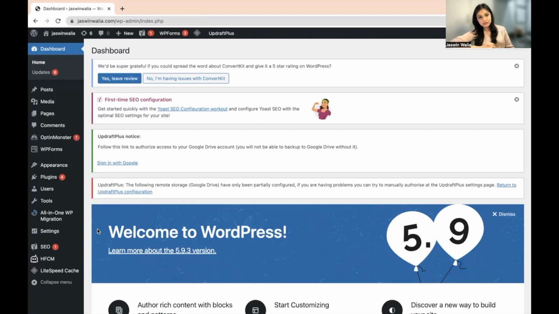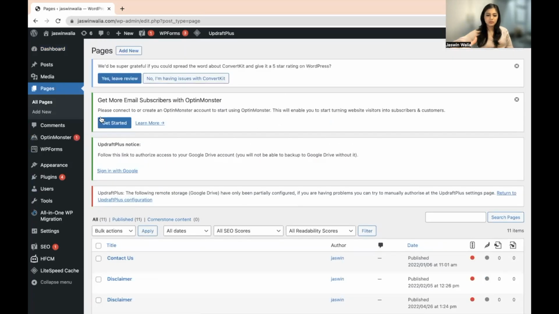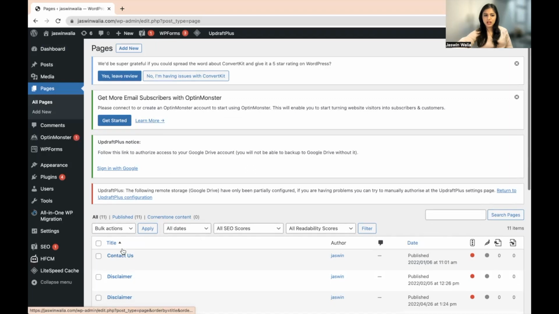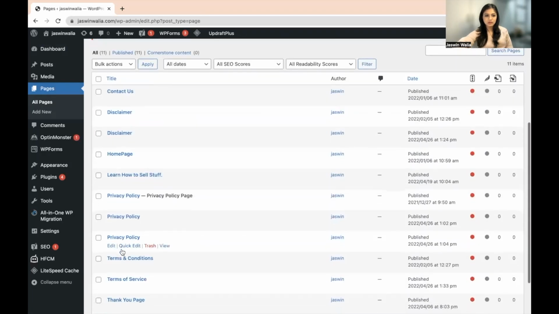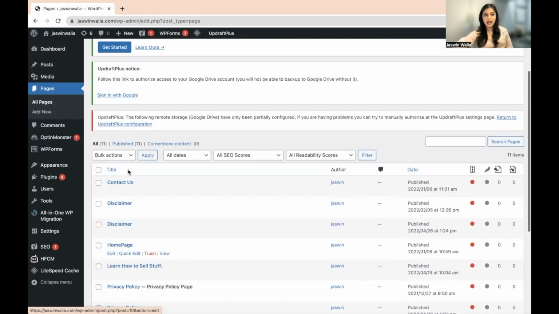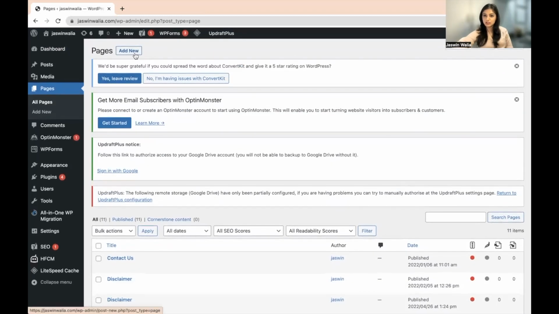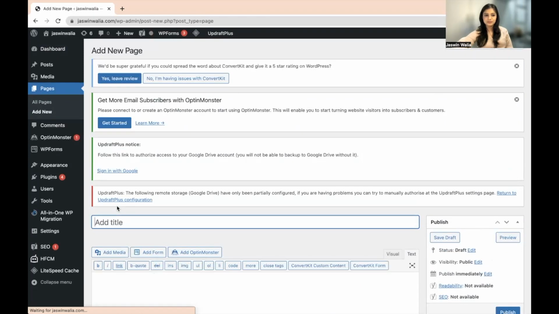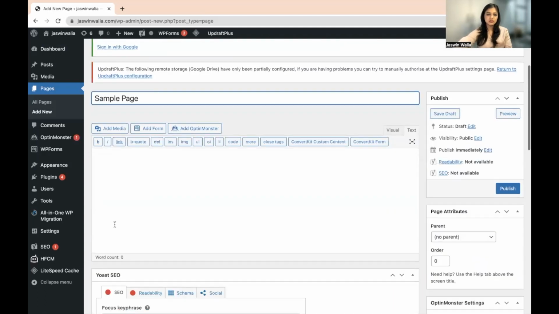In order to learn how to set up the SEO title and meta description of any of the pages on your WordPress website, what you can do is look on your left sidebar and go to Pages, and from here add a new page. Whatever the new page is, you can set the title and meta description for that, or you can just go ahead and look at one of the already existing pages. What I'm going to do is add a new page and set the meta description and title for that. All right, so let's just call it a sample page. From here,